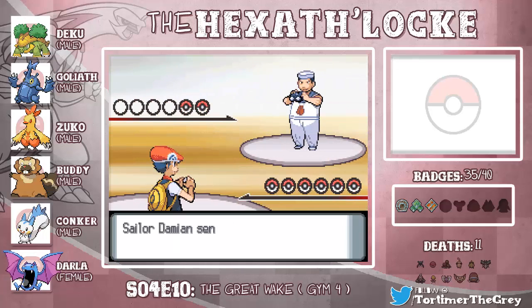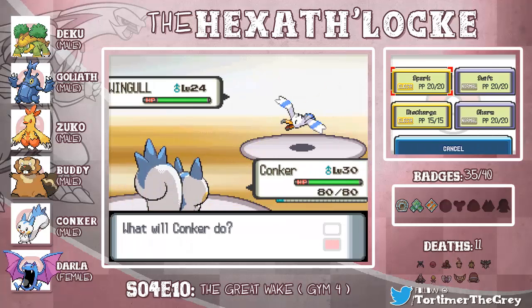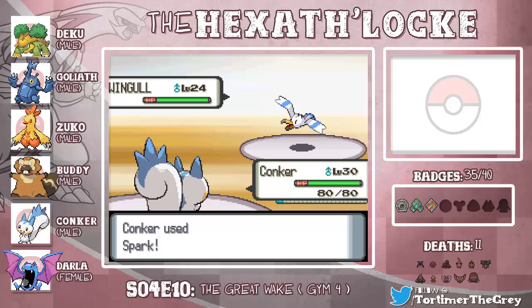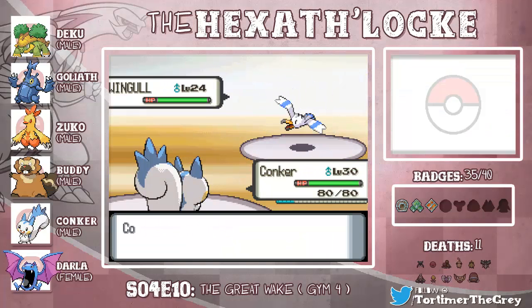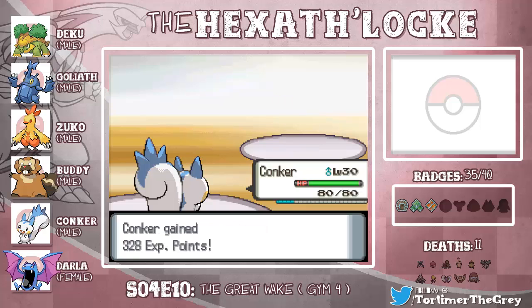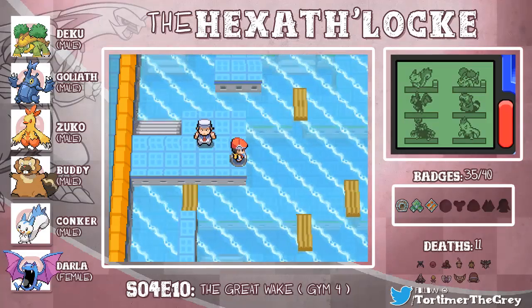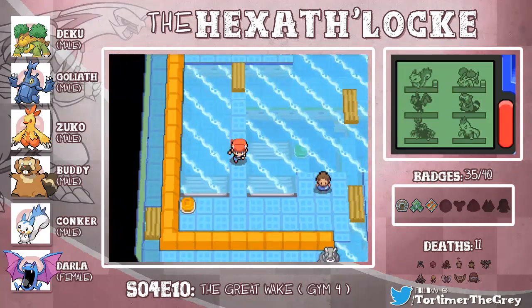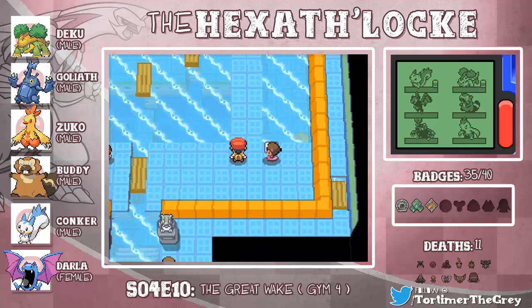Alrighty, sir. Let's see, Damon, he's got a Wingull. Perfect, so we've got Conquer here. Probably should have tried Discharge. Well, either way, 4 times effective. That works. He's going to send in Wingull. No, we'll stay in. Why not? Alright, there we go. Spark. So definitely not the greatest Pokemon ever. But in a water gym, you don't necessarily have to be the greatest water Pokemon ever in order to be effective. So I think that...